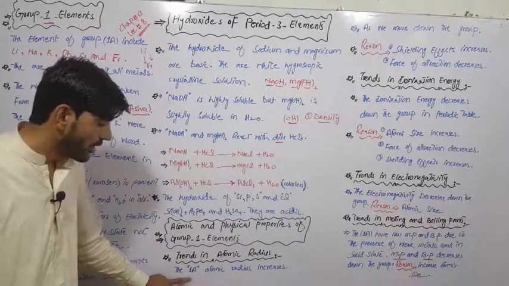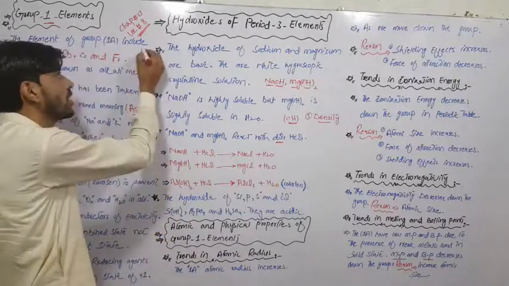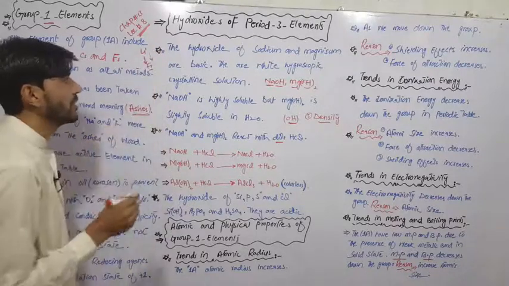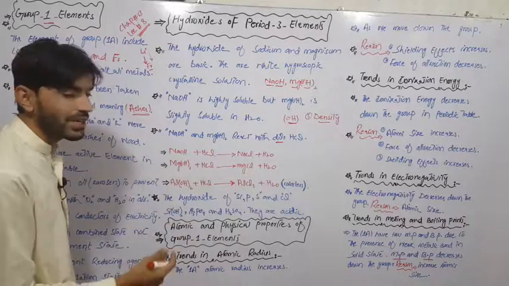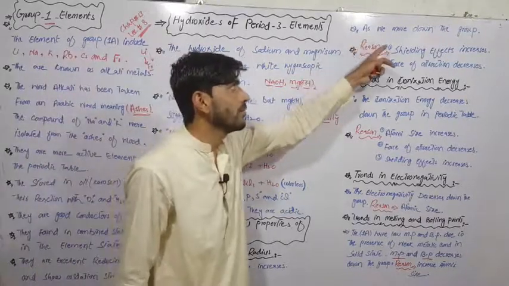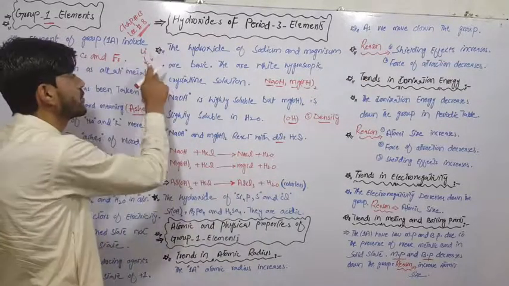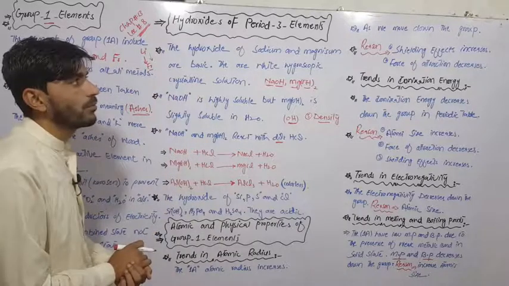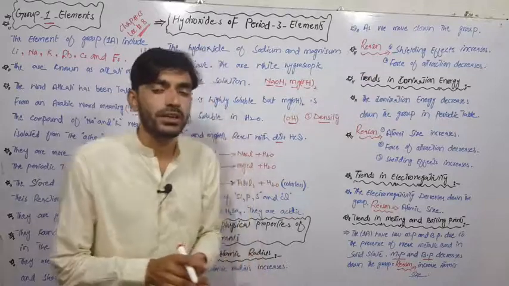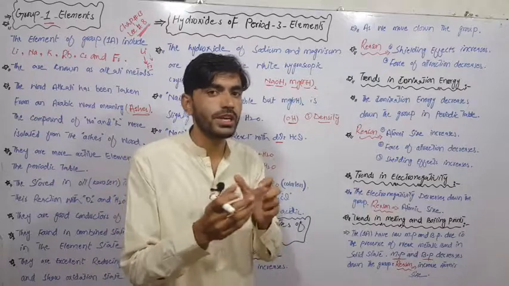First of all, the atomic radius increases from lithium to francium. Clear? From lithium to francium, their atomic size, atomic radius or atomic size, increases. Why does it increase? As we move down the group from lithium to francium, down a vertical column, the shielding effect increases, which means their shell numbers increase and the force of attraction decreases between the nucleus and